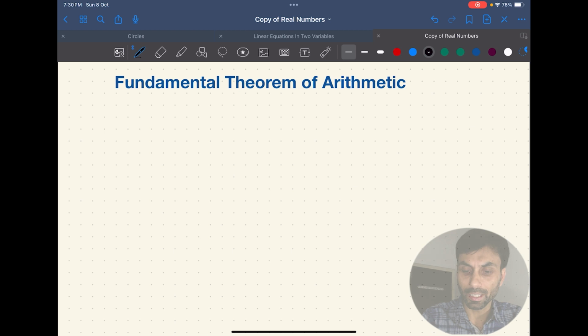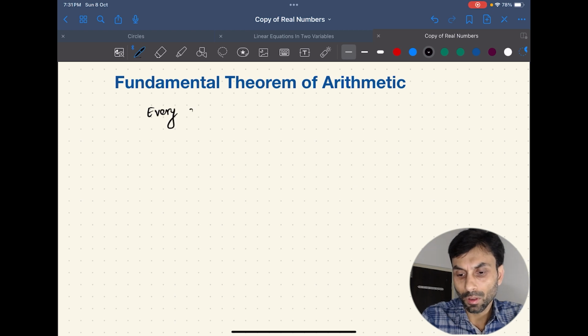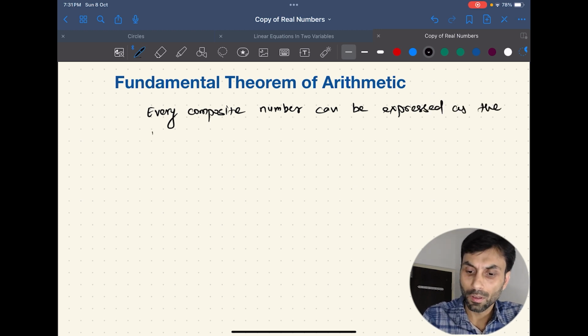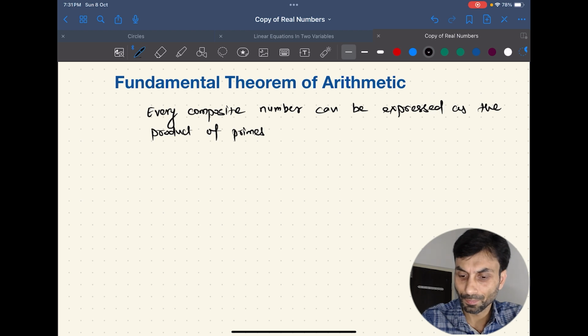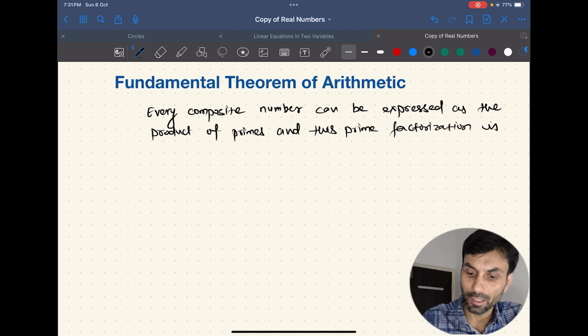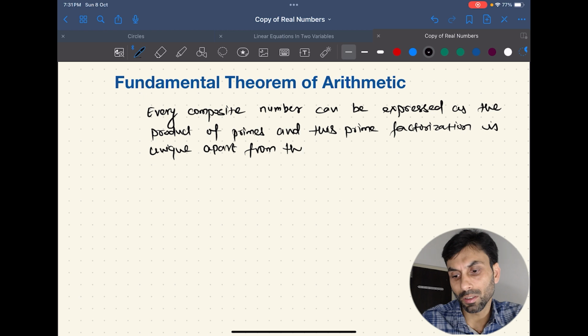The fundamental theorem of arithmetic states that every composite number can be expressed as the product of primes, and this prime factorization is unique apart from the order